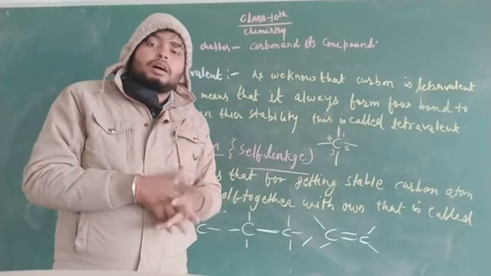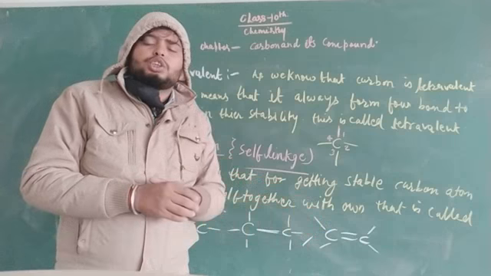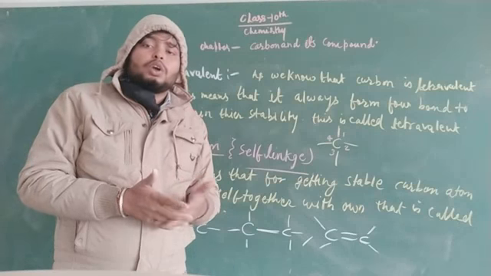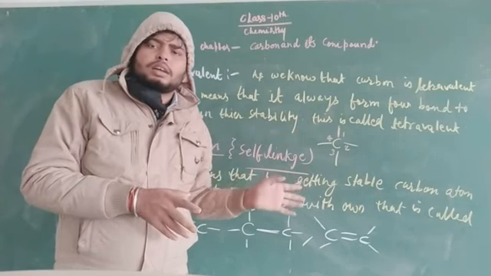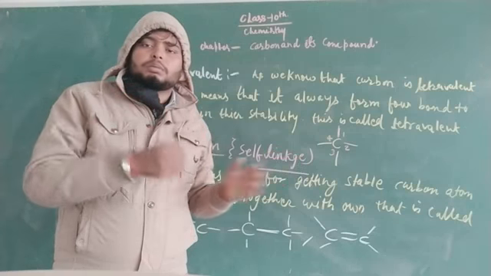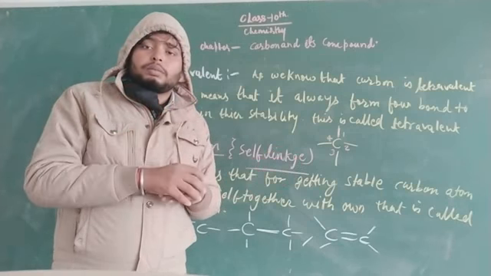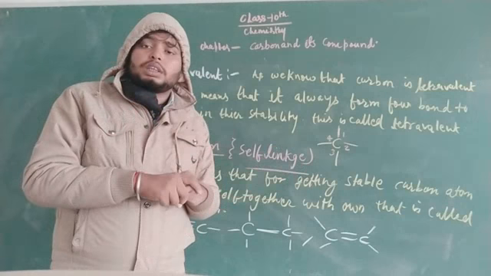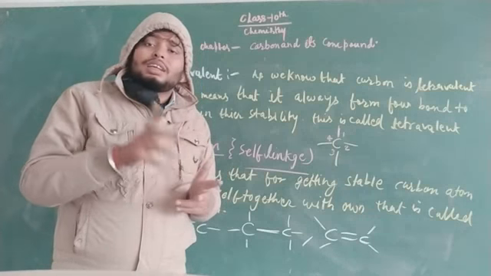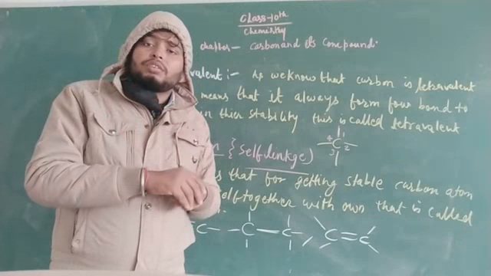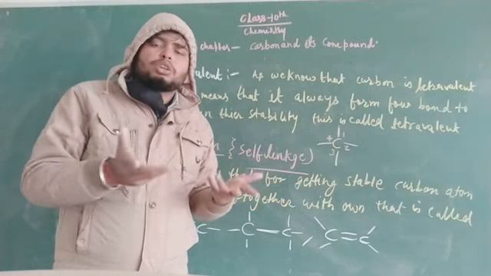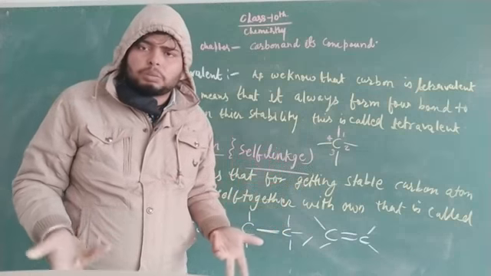On the other hand, many people ask, and it is also asked in CBSE examinations, what is the reason graphite is a good conductor of electricity? When you draw the structure of graphite, you will see that each carbon atom is bonded to three other carbon atoms. That means one free electron is present in graphite, and this is very suitable to carry charge. That is the reason graphite is a good conductor of electricity. Diamond is not, because it has a rigid structure and there are no free electrons in it.